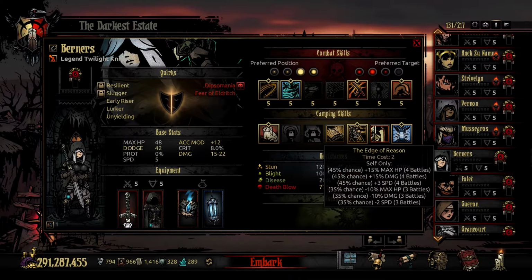It's a time cost 2, and these buffs and sometimes debuffs vary on percentages. So here we go. In the 45% chances, she might give herself a plus 15 of max HP, a plus 15 in damage, and plus 3 speed. Now, the 35% chances are the negatives. She might give herself a negative 10% of HP, a negative 10% of damage, and a negative